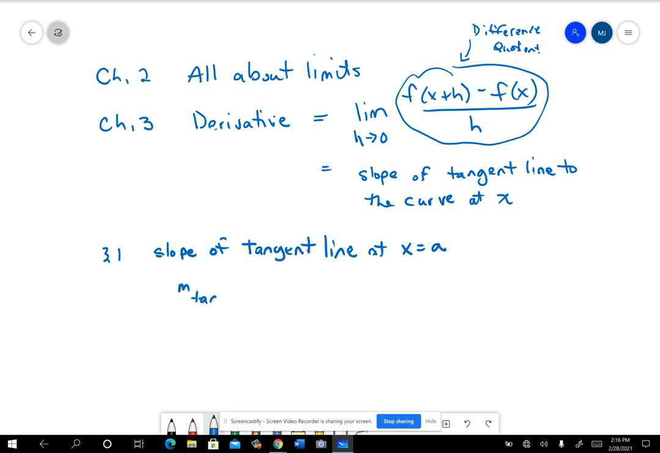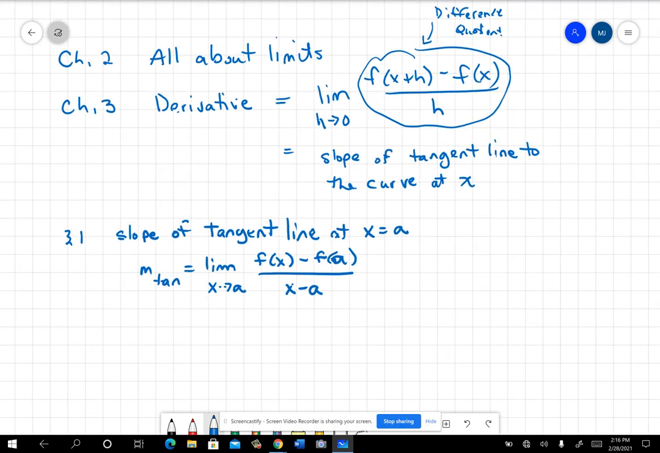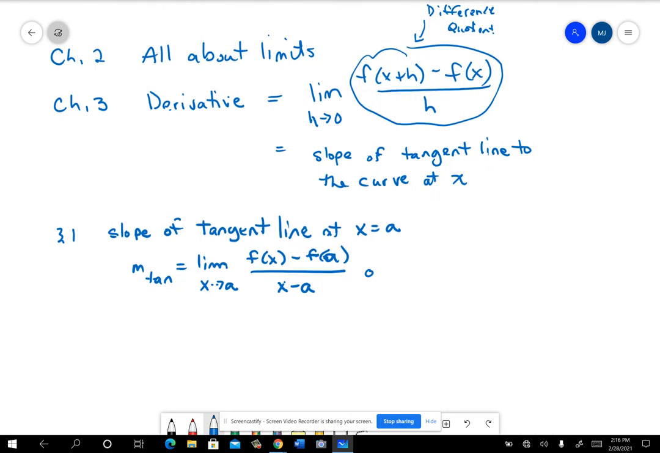The slope of the tangent line, both of them involve limits, can be thought of as the limit as x approaches a of f of x minus f of a over x minus a. Okay, or the one that involves the difference quotient, you can think of it as, so the slope of the tangent line can be thought of as the limit as x approaches h of f